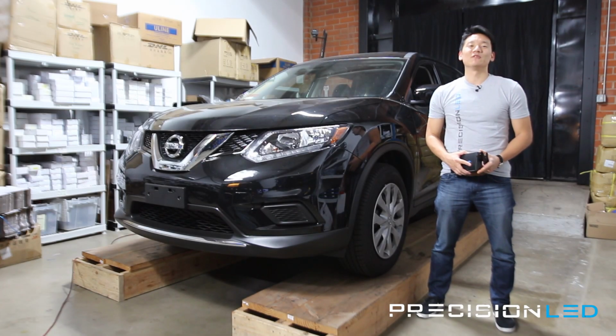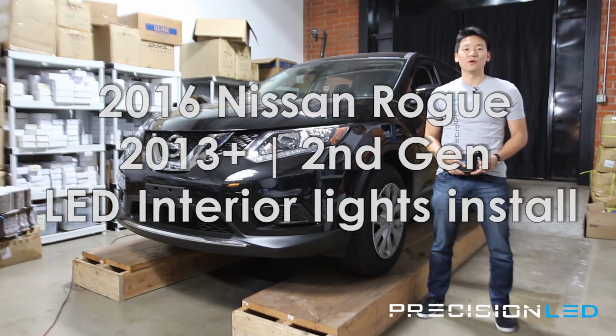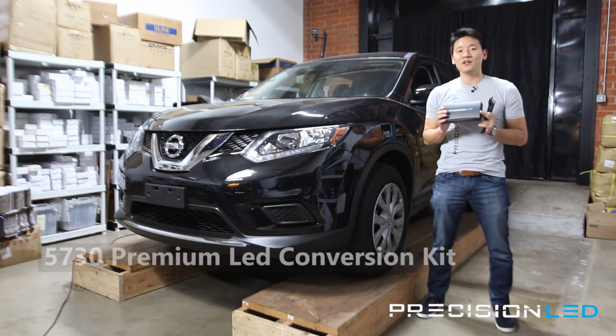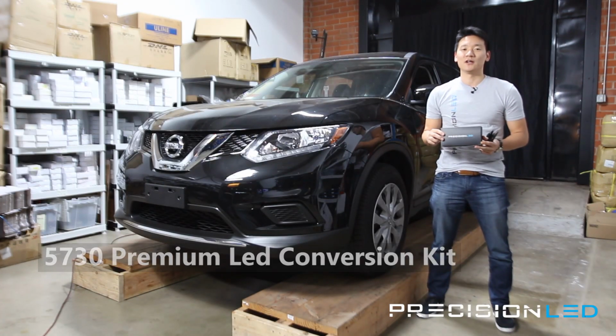What's happening, everyone? My name is Phil with PrecisionLED.com, and today we have a 2016 Nissan Rogue we'll be installing LED interior lights on. Now, this is a second generation Rogue, and that means this installation is compatible with year models 2013 and up. Today we're using a PrecisionLED 5730 style premium LED conversion kit available on PrecisionLED.com, and